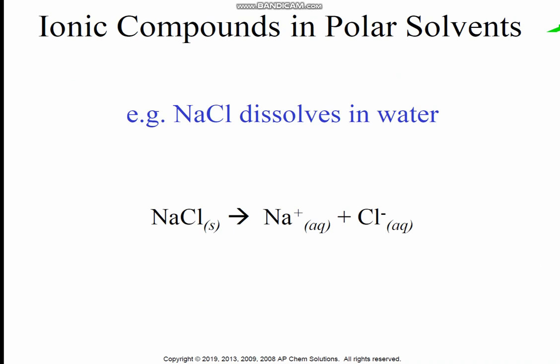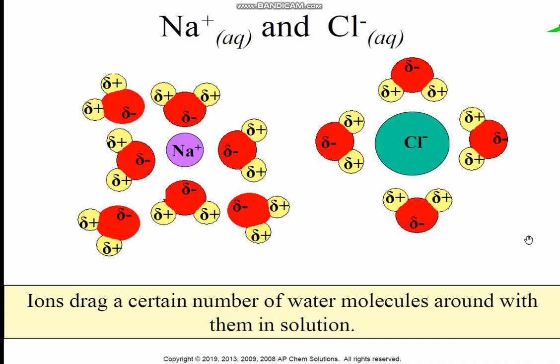So when I show you this here, you have this positive in the sodium. This positive in the sodium is going to be very attracted to the negative in the oxygen. And the negative here in the chlorine is going to be very attracted to the positives in the water,